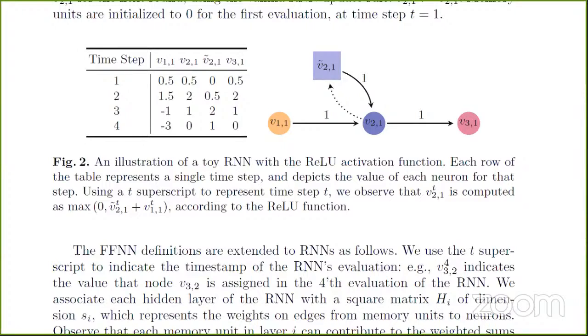So let's take an example. Let's begin with an example of a recurrent neural network. What these recurrent neural networks have is what are called memory units. Okay, so here is an example of a very simple network. If you ignore the square box on top, and the dotted arrow that goes to the square box, and the solid arrow that comes out of it, if you ignore that box and those two arrows,